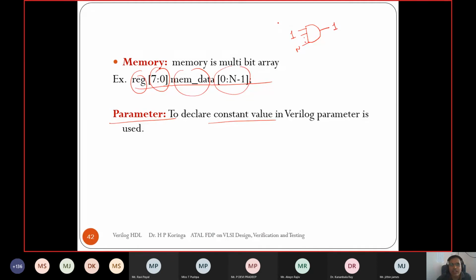When I call this AND gate to construct a more complex design, at that time I can change the value of n. If I want a 2-input AND, I can make n equal to 2. If I specify n as a parameter rather than some fixed number in the AND gate implementation, and I need a 3-input AND gate, I can specify 3 and it can work as a 3-input AND gate. So it is also used for generic purposes.